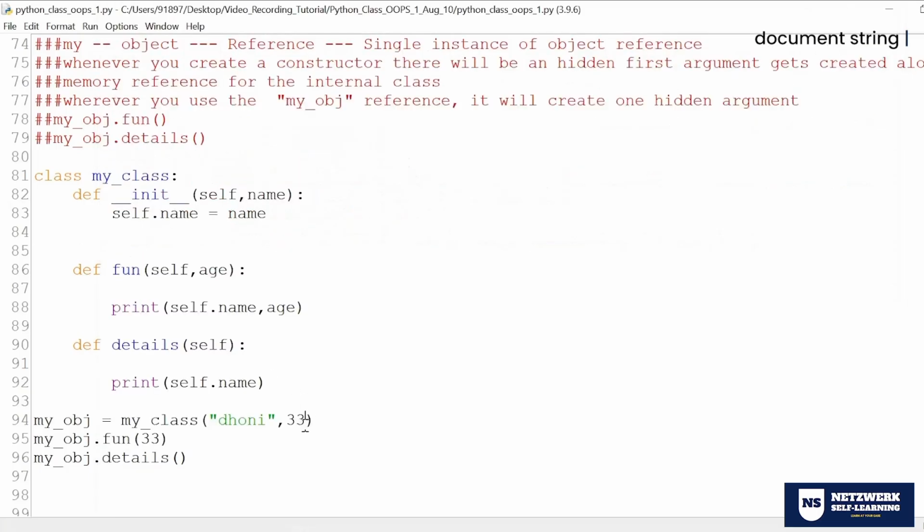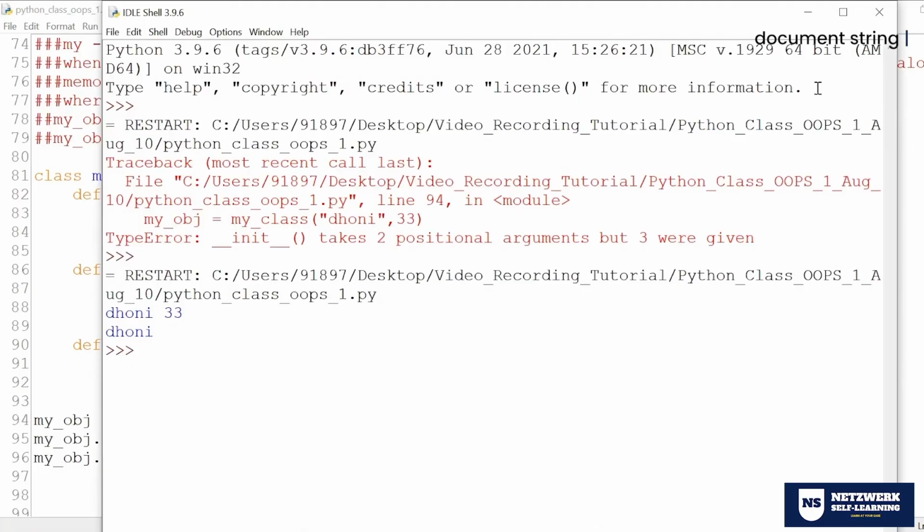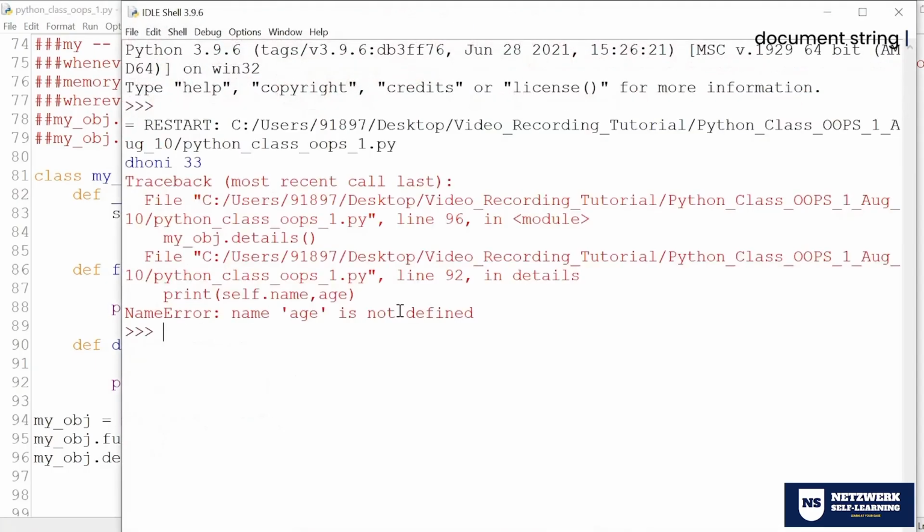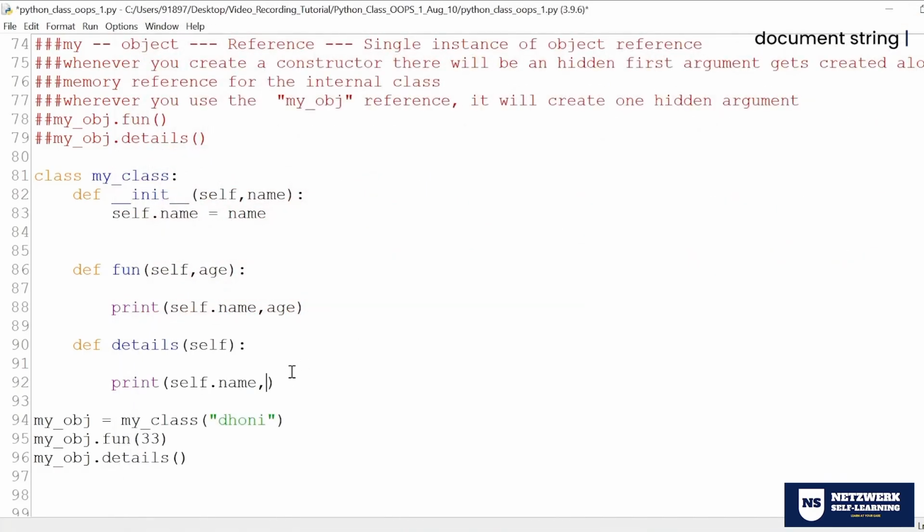Oh, you have to remove this as well because age is not accepted, right? There it is. It works perfectly. So you can use that also. If you use the age here, it won't work. Look at this. Age is not defined because this specific age is given only for your second function. Okay, this is also possible. So based upon the need, based upon the situation, based upon the scenario, you can formulate or create your own class constructor. This is one point.